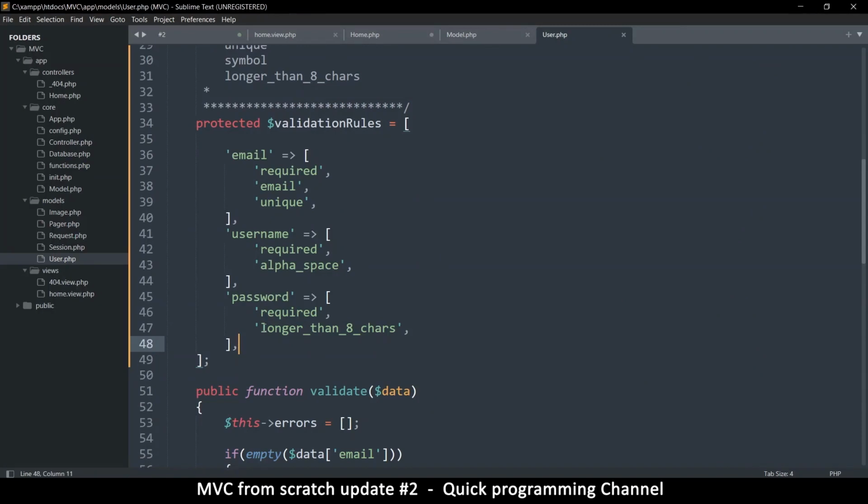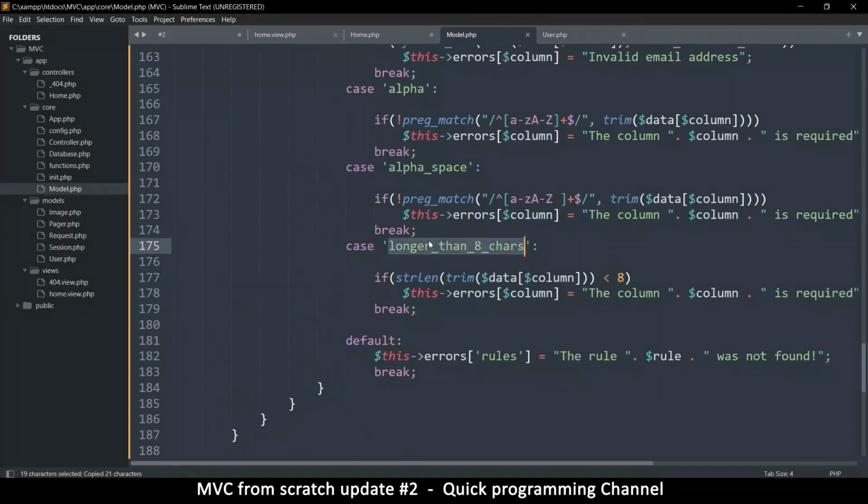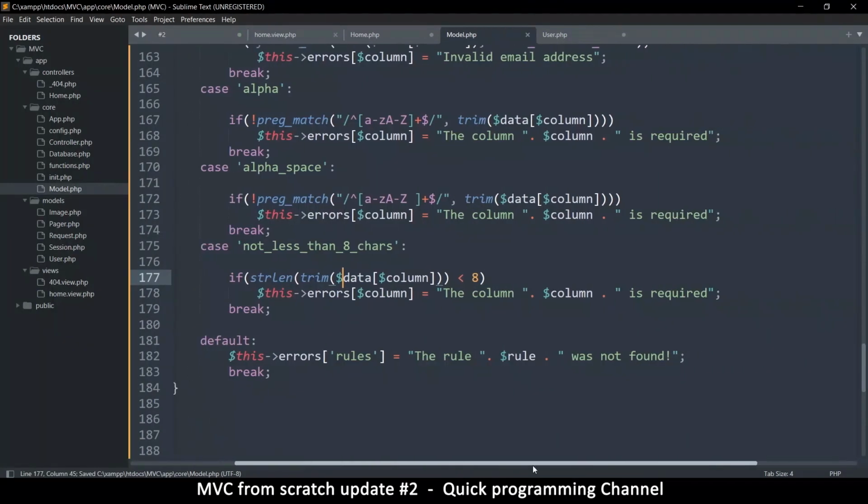What can we call it that's shorter? Greater than 8 chars. Not less than 8 chars. That's even longer, but I think it makes more sense. Okay, so